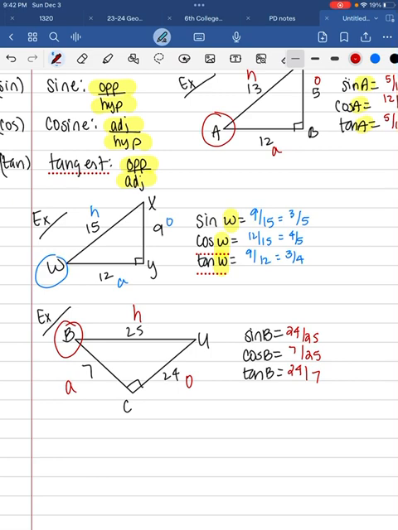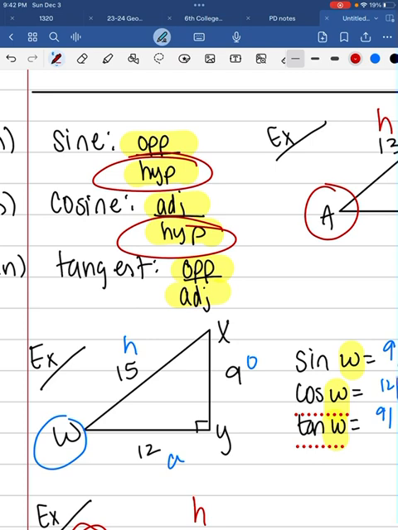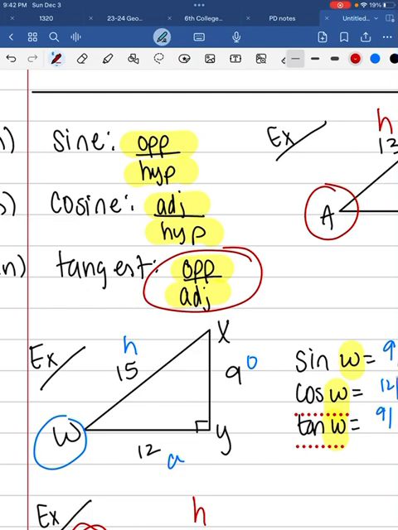Cosine and sine can never be improper. So if you get an improper fraction on the first two, sine and cosine, something went wrong. Only tangent can be improper. And the reason is, look at the ratios. The sine and the cosine both have the hypotenuse in the denominator. And remember that the hypotenuse is the longest side, which means the bigger number will always be on the bottom. So it can't be improper. But the tangent doesn't have the hypotenuse in the denominator, so that would